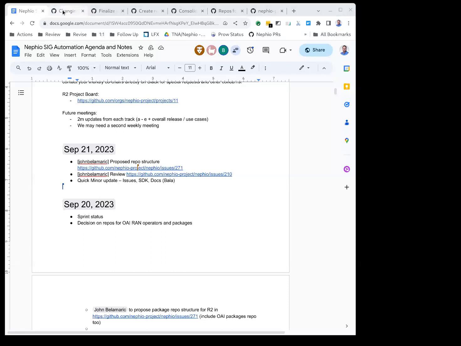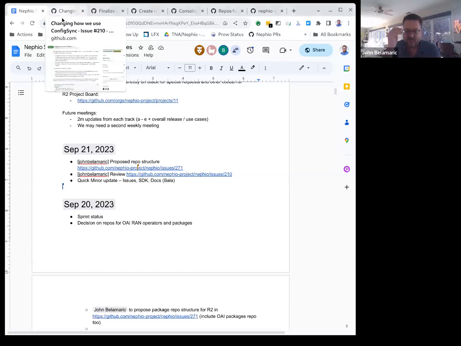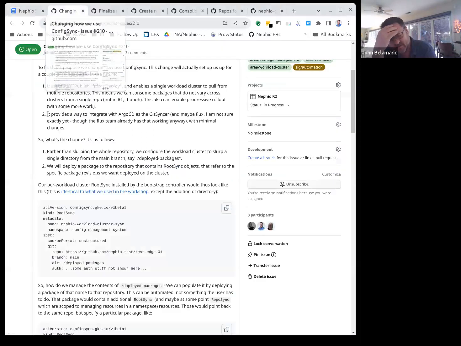One of the things in the way we've set up config sync and our deployment repositories right now is that we have a one-to-one relationship. We chose to do it this way because there were too many other things to consider, and we wanted to make something simple. Everything that gets pushed into that repository, there's one root sync object installed on the workload cluster that sucks the entire contents of that repository in and applies it to the cluster.